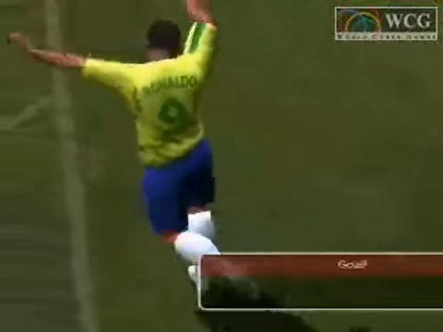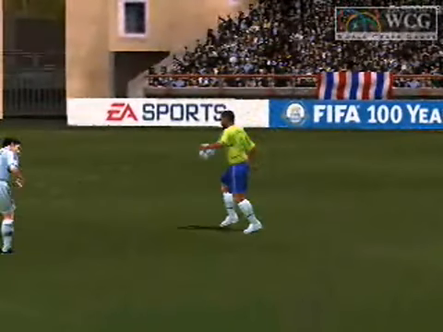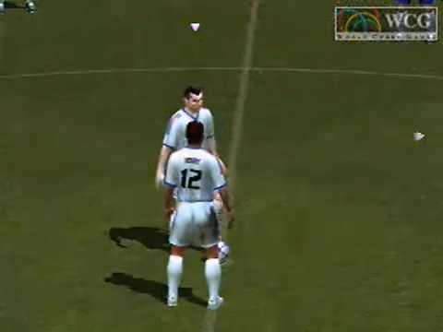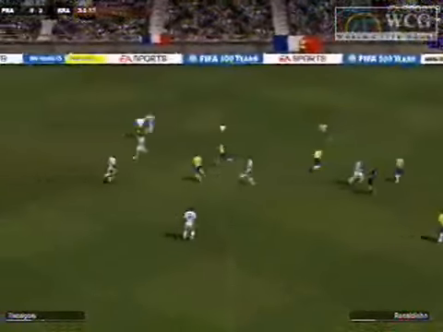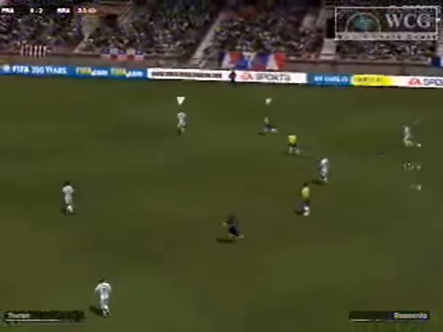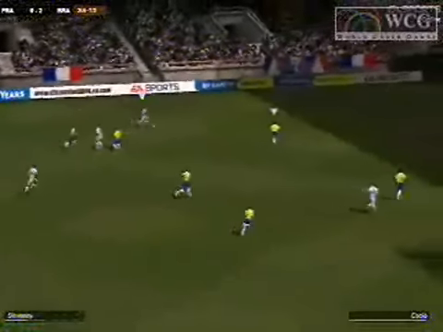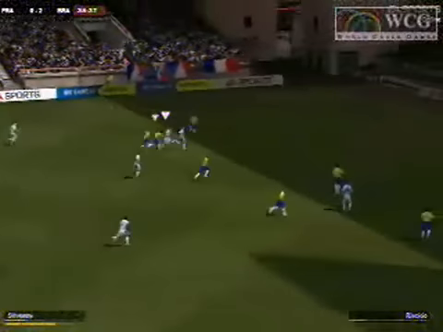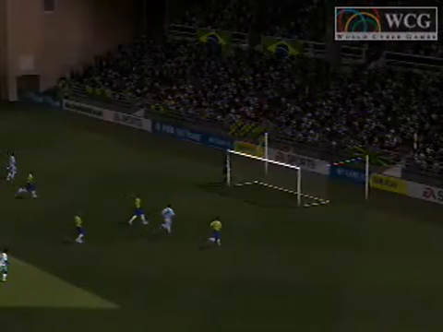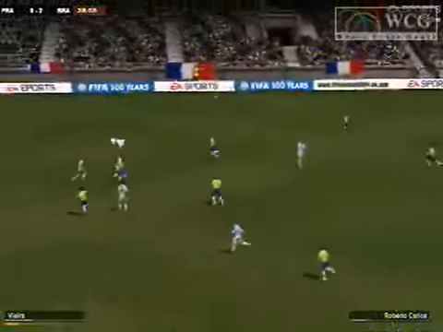Brazil with the shot. Beautiful goal by Ronaldo. That was just a missed chance by the French defenders. Gave Ronaldo a breakaway opportunity, and he capitalized on it. Now the French looking good. Thuram trying to get something opened up. Looking good in that they have an opportunity. He's got a breakaway. He's got a shot from about 25 yards out. Just a little bit too high. Now Dida with the ball into play.